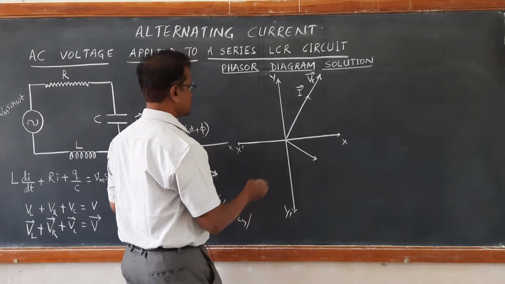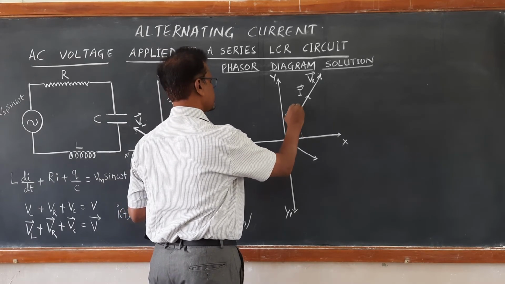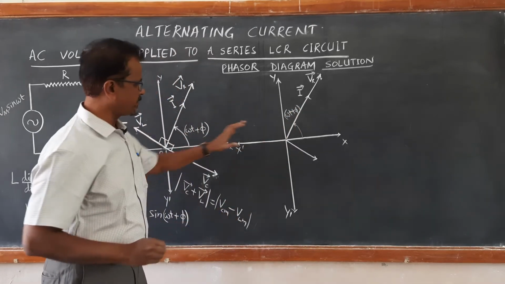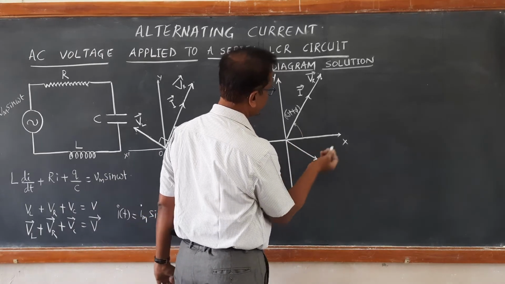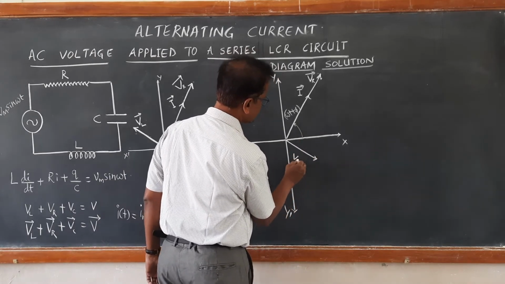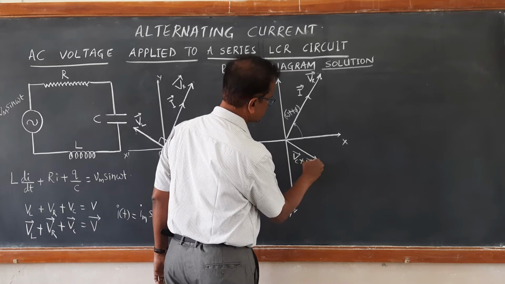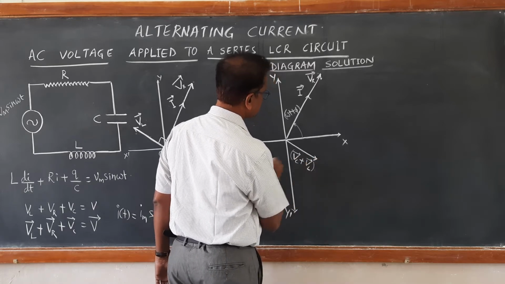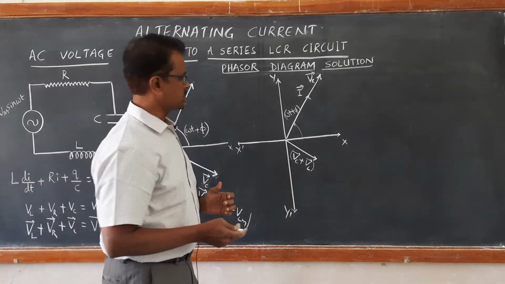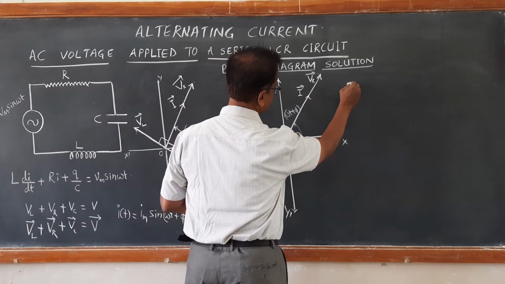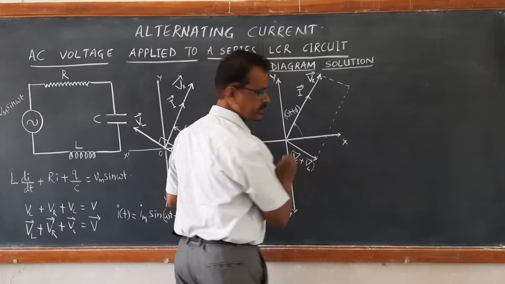So here this is of angle omega t plus phi, as we have written here, same angle, and using this one can find out the resultant. This is giving us VC plus VL vector in the same direction as that of VC. So the resultant of these two can be found out using the parallelogram law of vectors. Draw parallel vectors, as we have done in the 11th class.